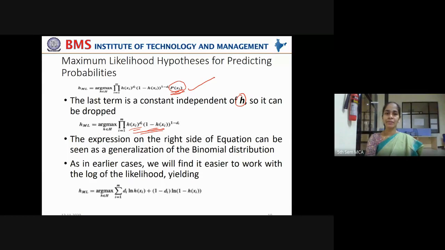Now, the expression on the right-hand side of the equation can be seen as a generalization of the binomial distribution. Did you study about this binomial distribution in your PUC? And that formula is the same as this. If you can't recollect, after the class just Google for binomial distribution, you'll recollect. You already understood how to represent this, right? So that is in accordance with the binomial distribution. Now, as in earlier cases, we will find it easier to work with the log of the likelihood, yielding: